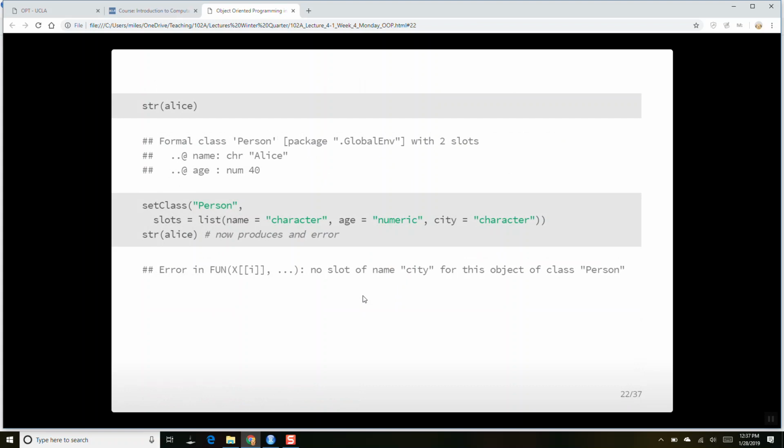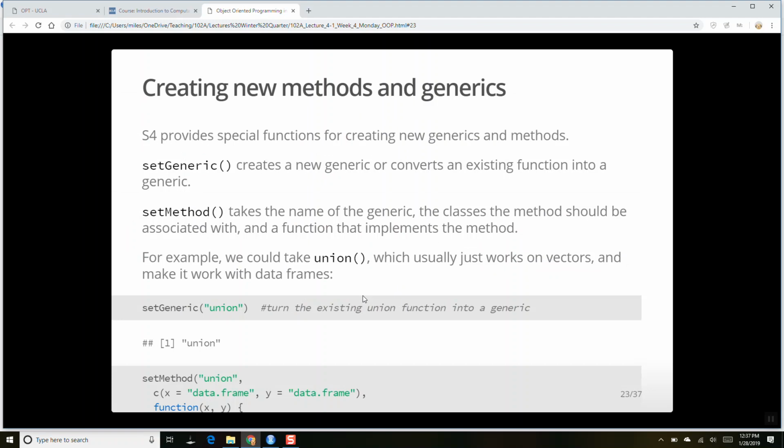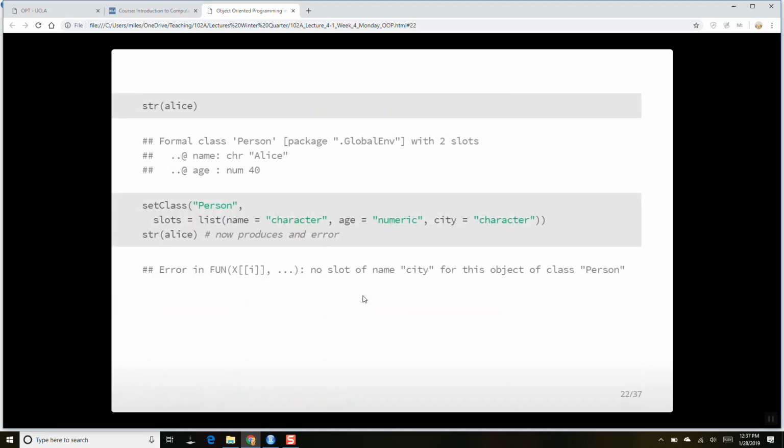Yes? In S4, can you give slots default values if you don't? Let me think. I'm not sure. I don't know. To be honest, I hardly ever write stuff in S4 because S3 works like 99.99% of the time, and I don't need to do much else. Okay, but I guess for the sake of completeness, I'm covering this. But it's not that important. That's why I don't even bother testing it. But it's here, all right? So I'm sorry, I can't answer your question.